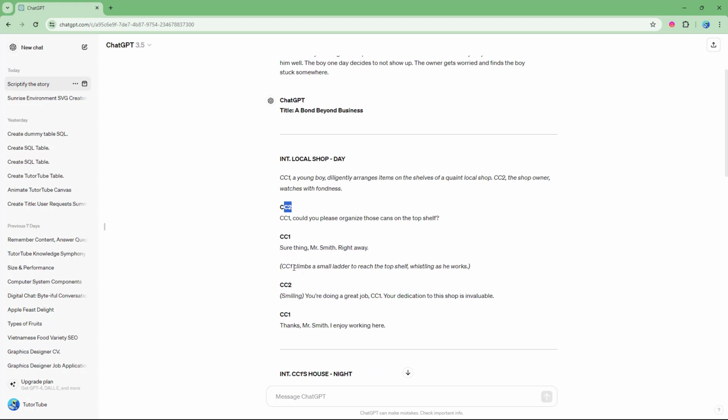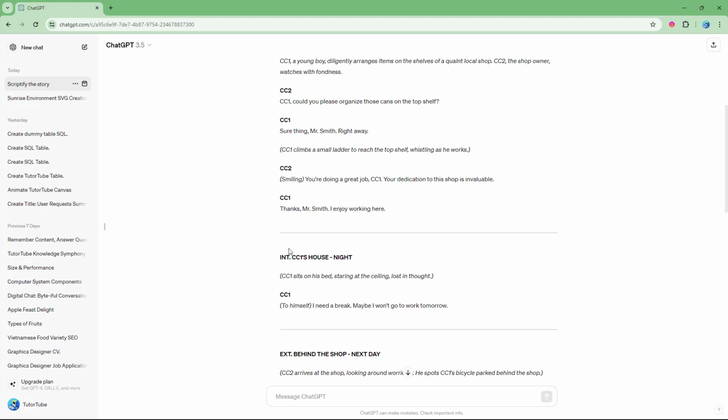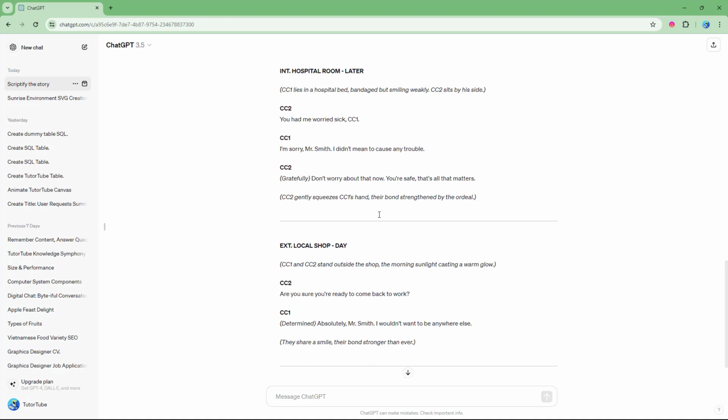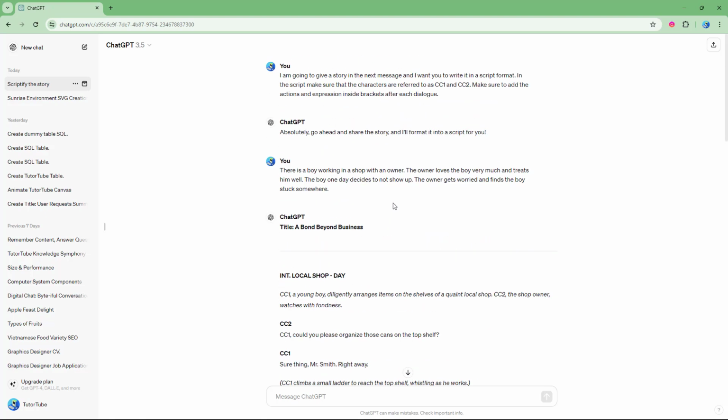So now over here you can see that it says CC1 climbs a small ladder to reach the top shelf and whistles as you work. This is inside the bracket, as you can see right here, and so forth. The scene is divided, as you can see right here. It says CC1 sits on the head, at the ceiling, lost in thought, and so forth. So you can see that this is how the custom script is made